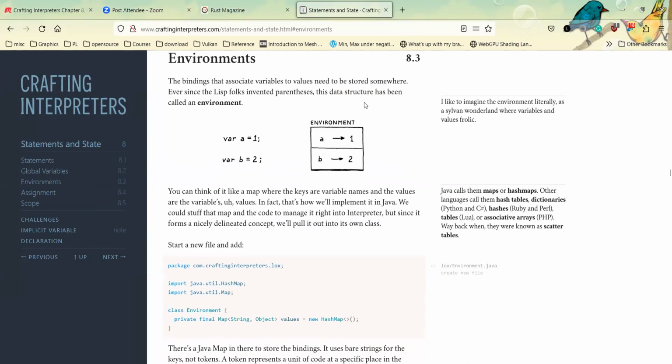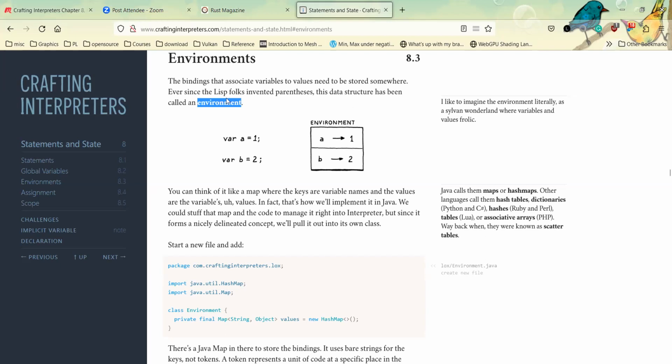So yeah, now we're done with AST stuff and parsing, and we can start dealing with the runtime where we have variables, and we need to store them somewhere. We need some kind of data structure, and this data structure is usually called an environment or context, but context is more often used for typing context.